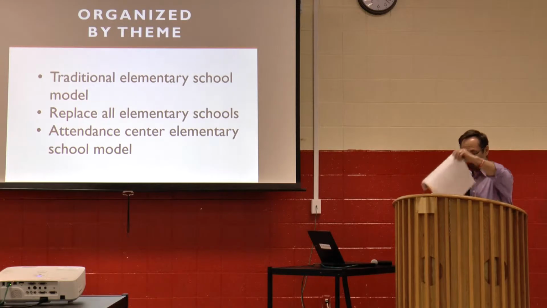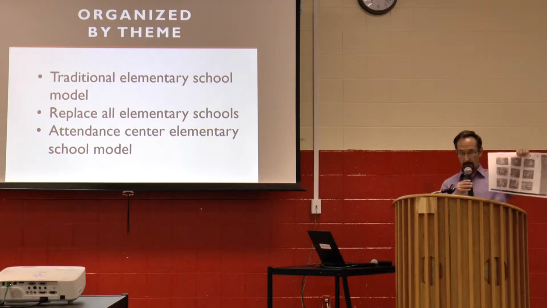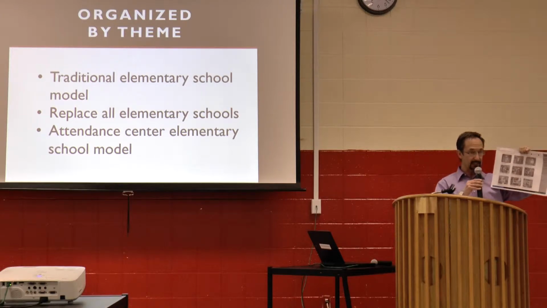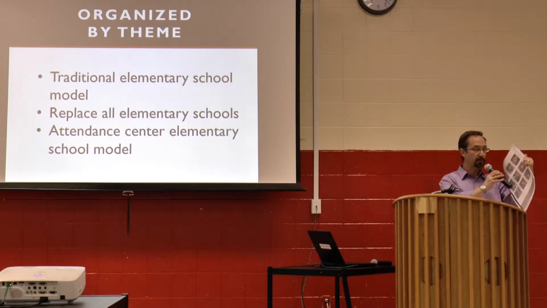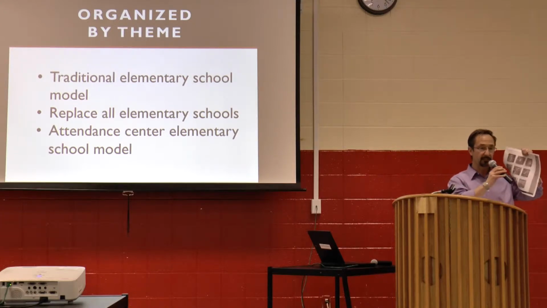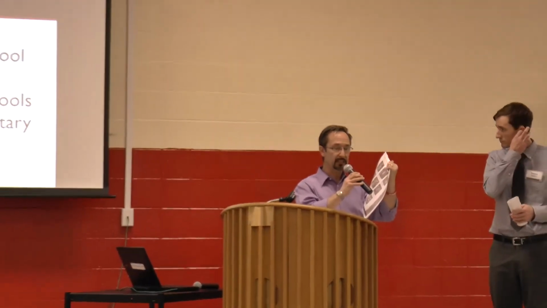Before we get into those, I want to just show you what you have here. You should have at your table a couple copies of 11 by 17s that illustrate all of the scenarios. You're going to see that each of the facilities is listed on the sheet, and it tells you what its capacity is, its square footage, and the grades that are proposed for that scenario. On the far right, under a column called existing sites, you're going to see, for instance, on the very first sheet, JHS, Jacksonville High School, and then 40 AC. That means there's 40 acres currently at the Jacksonville High School. You're going to see the same for all of the remaining facilities.